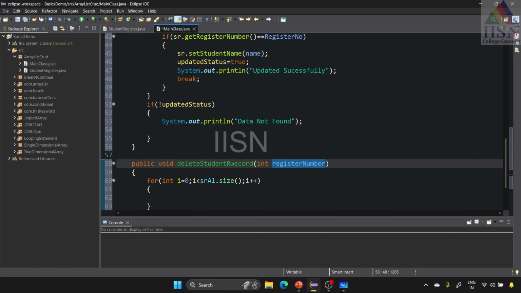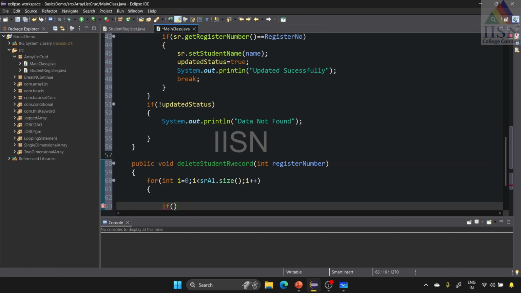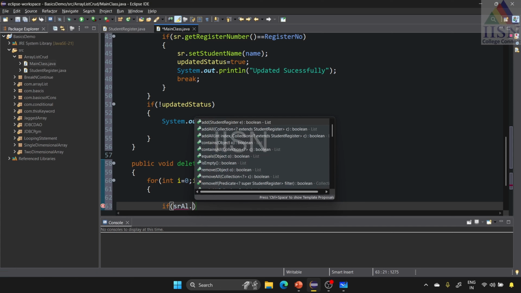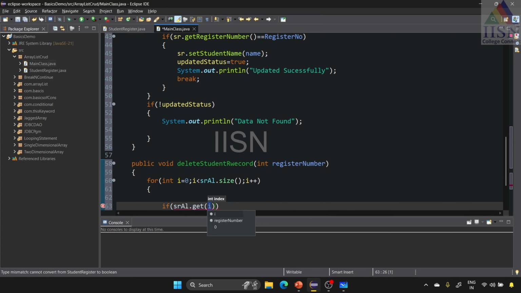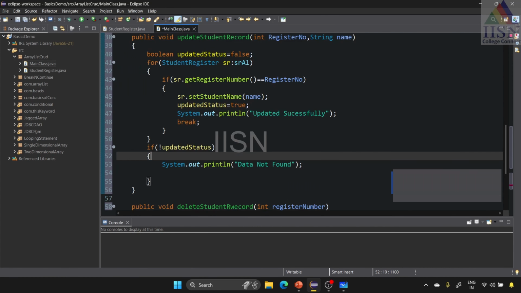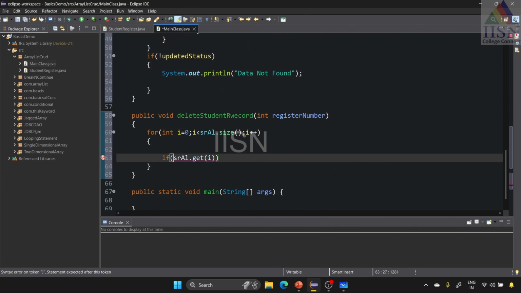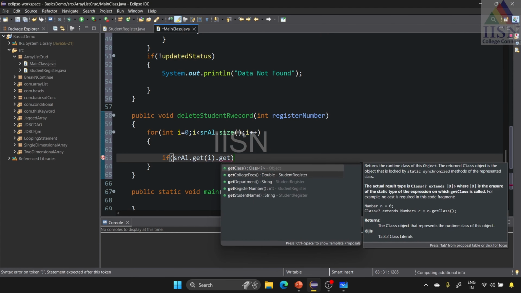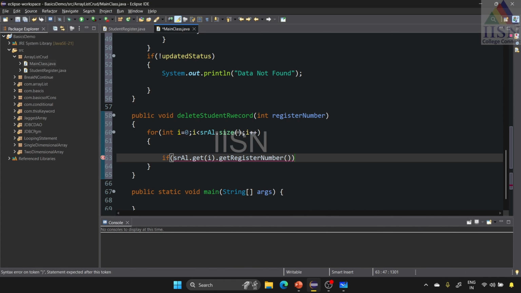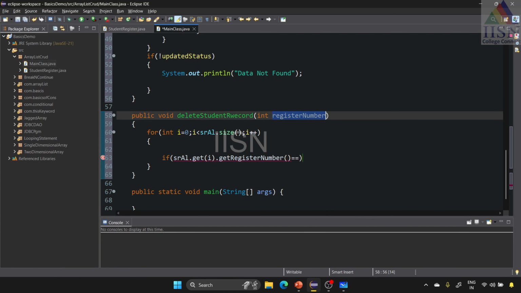For that, I'm just going to use the if condition: if SRAL dot get method. I'm going to pass the i value as an argument. Here the array list is stored on index type only, right? So I'm going to get the particular index location, and in that location, I'm going to retrieve the particular register number. If the register number is matching with the register number which I'm passing over here, then what I'm going to do,